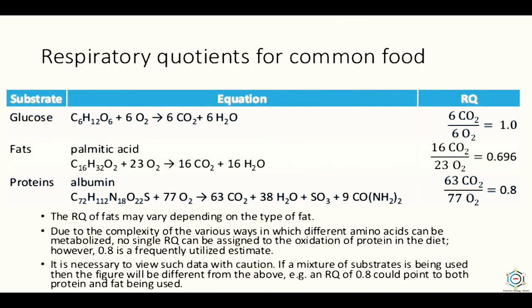Now, in case of proteins, as in case of fats, the protein also has an RQ of less than unity. First of all, the proteins are hydrolyzed into amino acids. The hydrolytic products of the protein have lower proportions of oxygen as compared to carbohydrate. They require more oxygen and evolve less carbon dioxide during their complete oxidation. Thus, the value of RQ becomes less than unity. For example, germinating seeds of buckwheat have an RQ of 0.5.